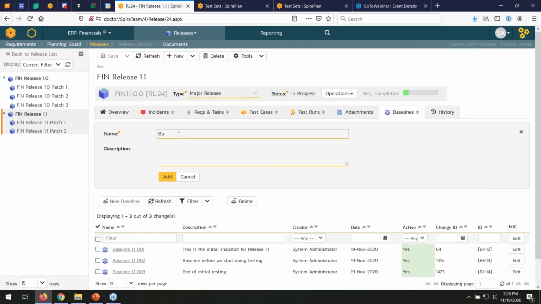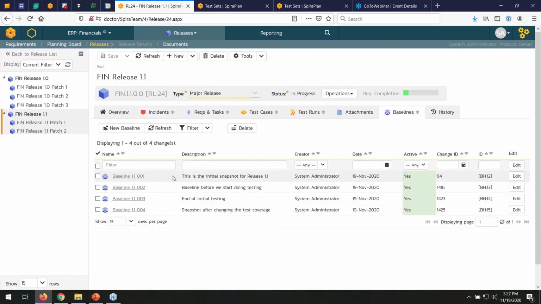We'll call that baseline 1.1004. This will be the snapshot after changing the test coverage. I mean, you'd probably do a lot more changes than just that, but that's just to show you. So that's that. Now we click on that baseline,